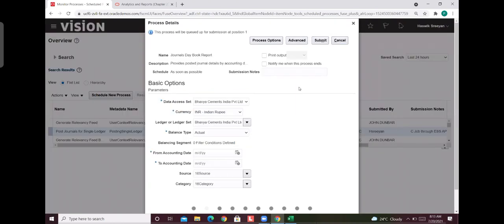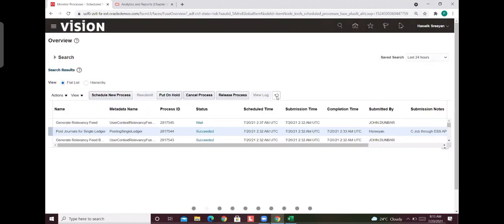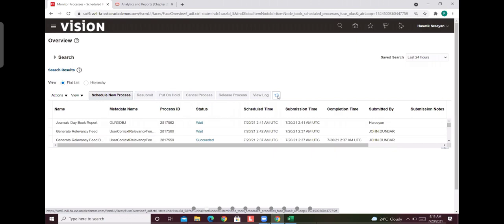Printing, and the manager will ask us to print it. Okay. So go and run, remove the source and the category. You can do it week wise, range of dates, balancing segment, your ledger name, currency, everything you can see. Just submit. You need to explore more, report wise. Interview question: tell me some standard reports in GL, tell me some standard reports in AP, tell me some standard reports in so and so.